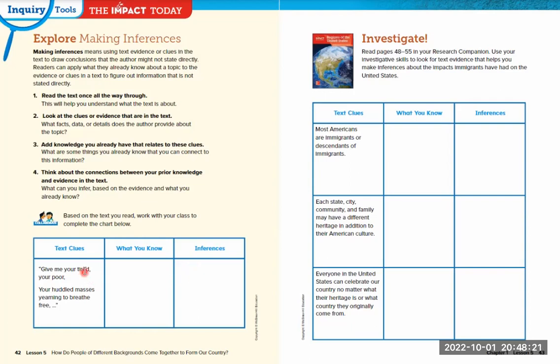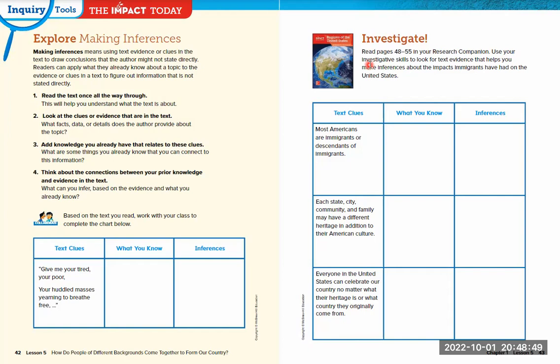What does it mean when it says in the poem, give me your tired, your poor, your huddled masses, if inside your text, it tells you that sometimes they didn't want immigrants and sometimes they did? Why do you think that might be important? Because that is exactly what you're going to be writing for here. What can you figure out between the poem and from what you know from the text? Once you're done with page 42, we're going to get started on page 43, where you're going to be reading